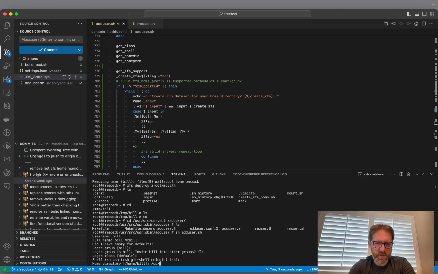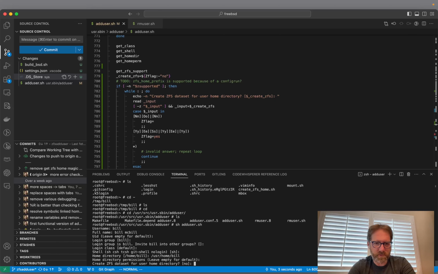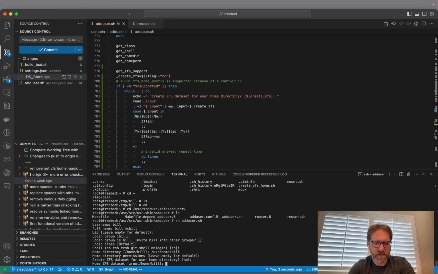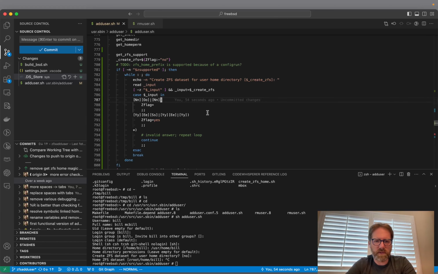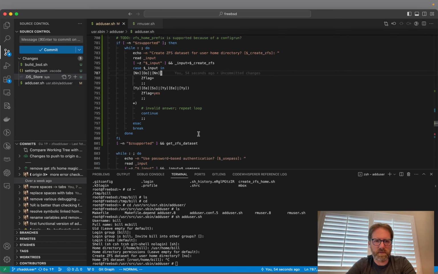Put Bill, like user home Bill, which isn't supposed to be anymore. All right. Let's see. Versions are fine. Create ZFS data set for home directory. Well, let's say there's no. Ooh, that shouldn't be like that. Okay. Because I say no by default,